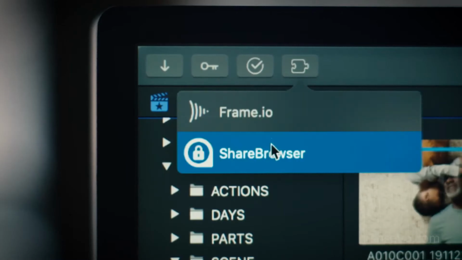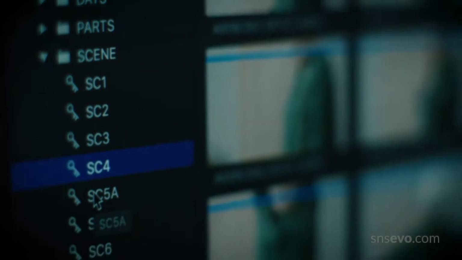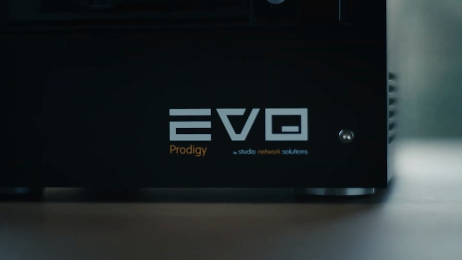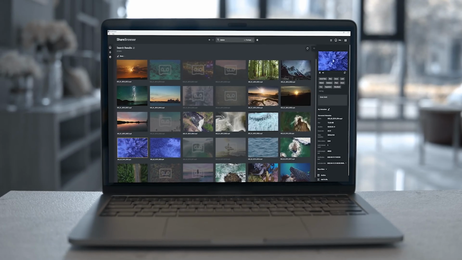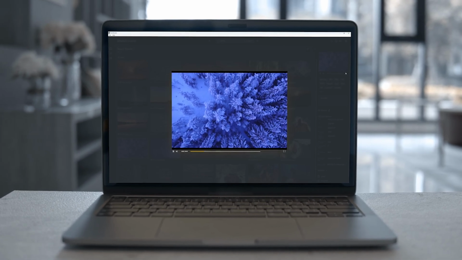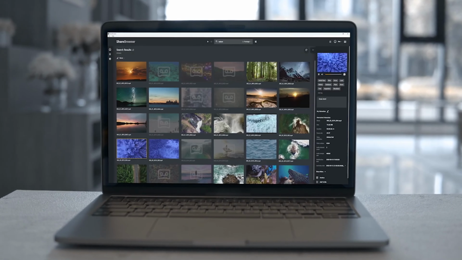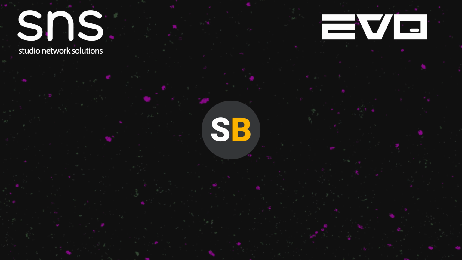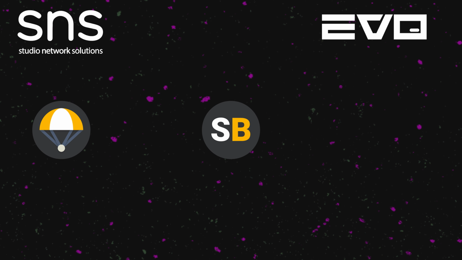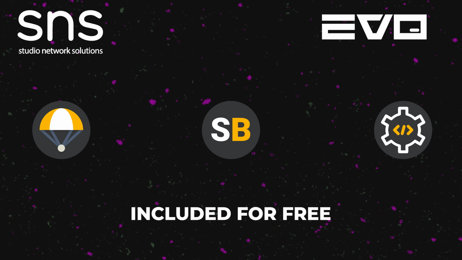As a longtime SNS integrator, our Keycode Media engineers have gotten together to break down exactly what makes EVO Suite unique, what makes these features so valuable to the creative process, and ultimately, how this system can simplify your post-production life. Let's get started. Now, all three of these applications, ShareBrowser, Nomad, and Slingshot, come included for free with your